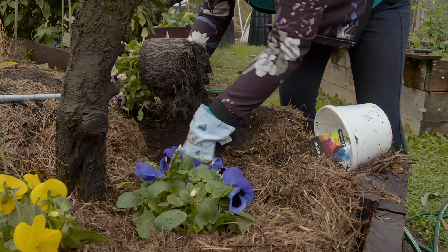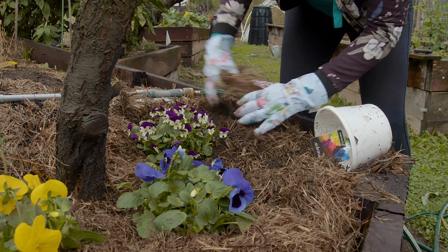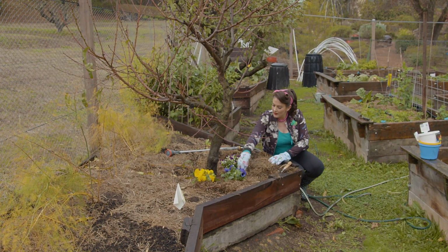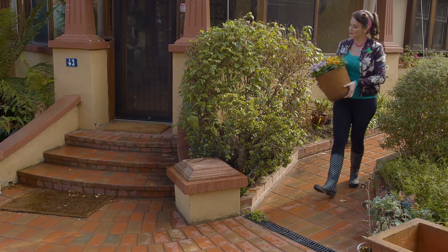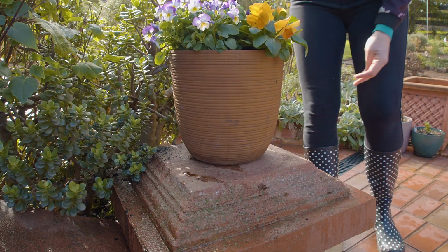And I've got 3 different ways I love to use them. Why not bring some colour and life under bare deciduous trees with pansies and violas? Their cheery faces bring interest to an area that would otherwise look pretty dull and lifeless at this time of the year. Make your front door a showstopper by adding a pot full of colour to welcome visitors and to